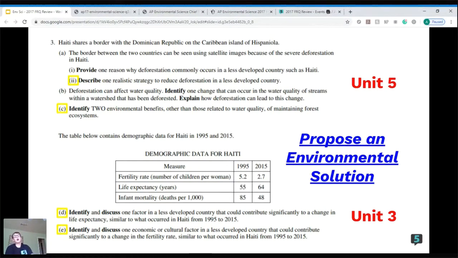So here it says, provide one reason why deforestation commonly occurs in less developed countries such as Haiti. Does anybody have any ideas that could help you answer that question? You don't have to put out a fully fleshed paragraph. You kind of just have to tell me any ideas. So we have, Tanya says, sell resources. So we could expand that into a whole response to this FRQ by saying, in developing countries, people